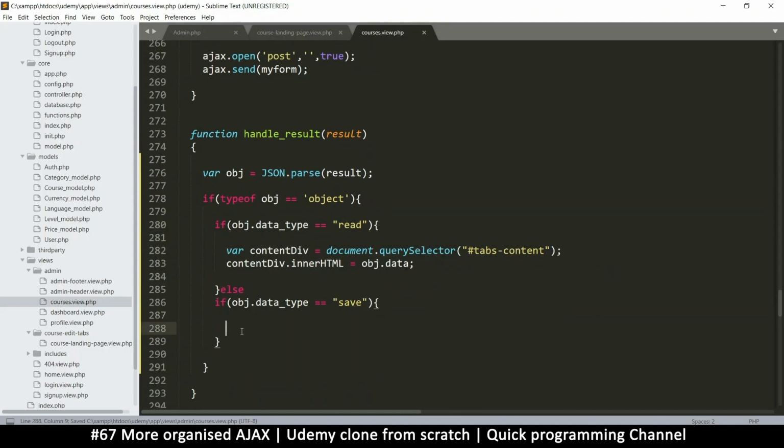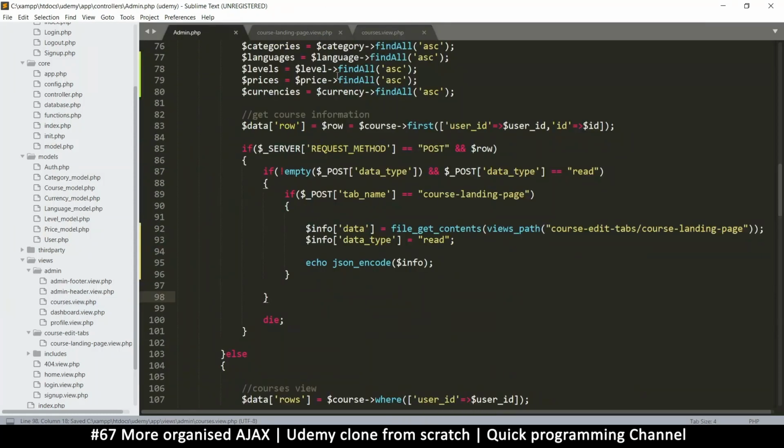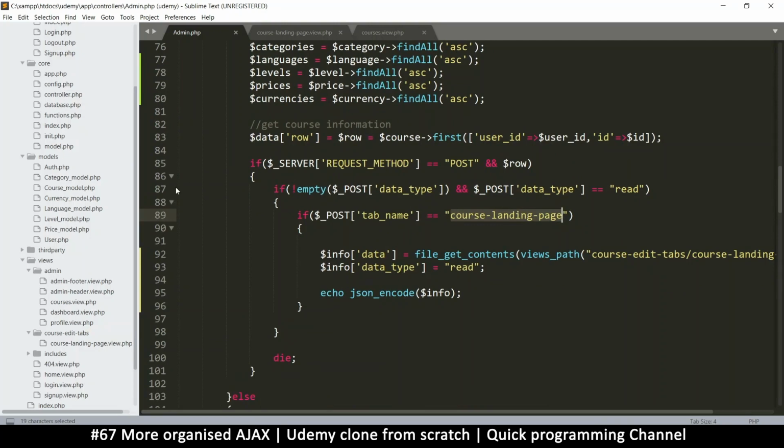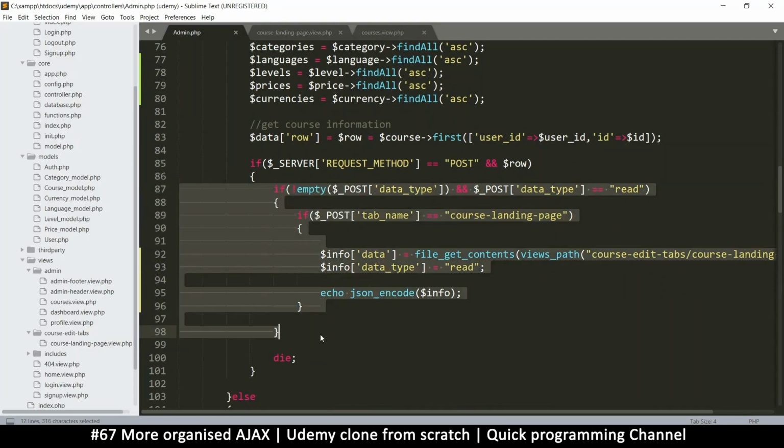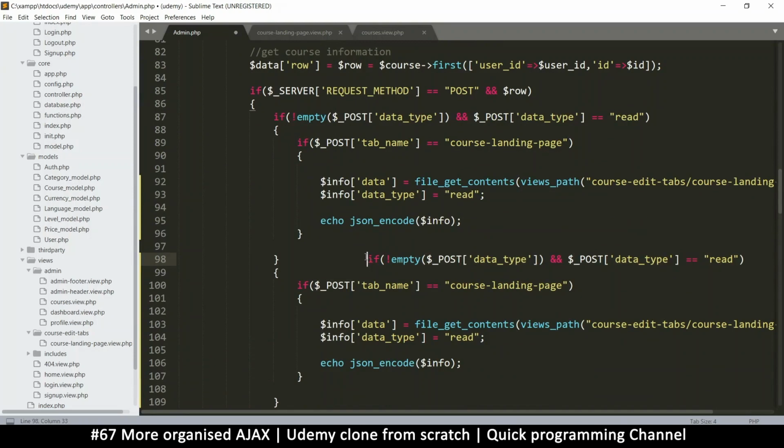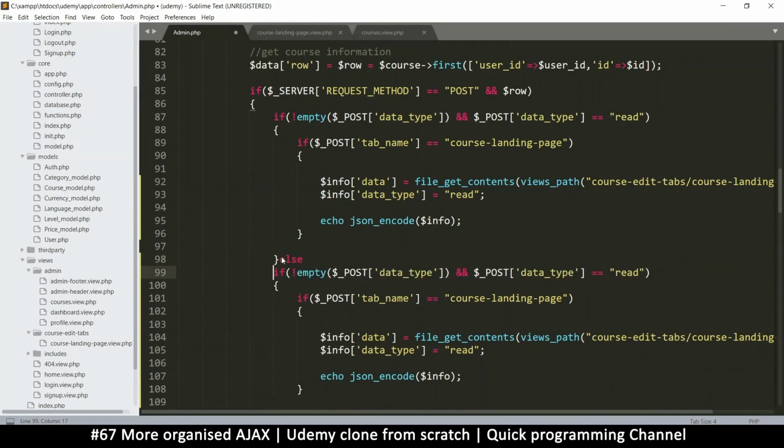Alrighty then, so let's do a real quick thing here. I'll just say alert data saved like that. Okay, then come back to the admin section, and here where we have its course landing page, of course, data type is equal to read, and then there's course landing page tab name. Okay, this is fine. Let me duplicate this, Ctrl+Shift+D, and I'm going to put an else statement like that. So here, if it's equal to save,